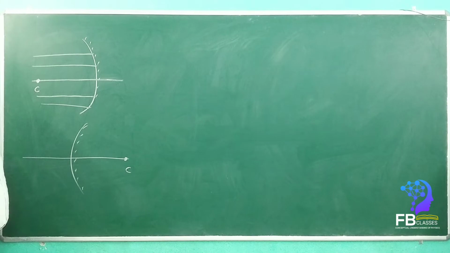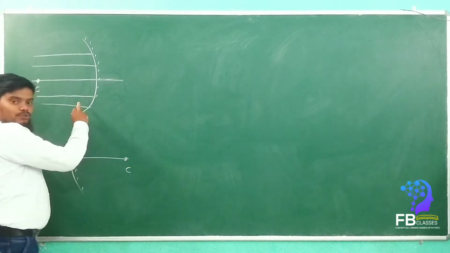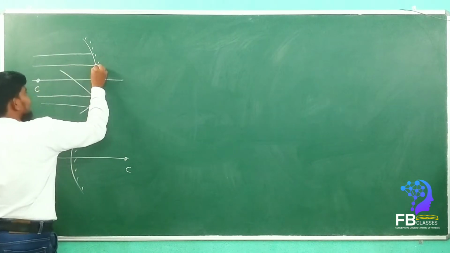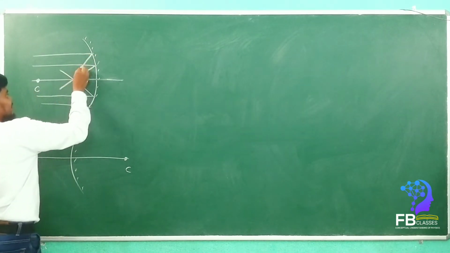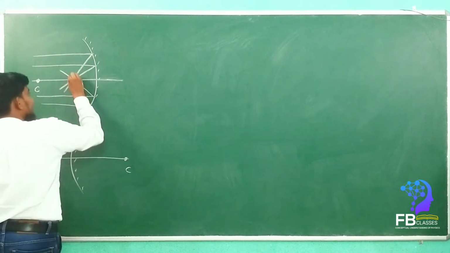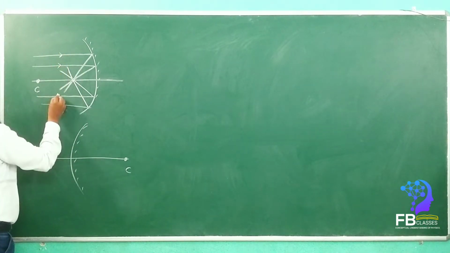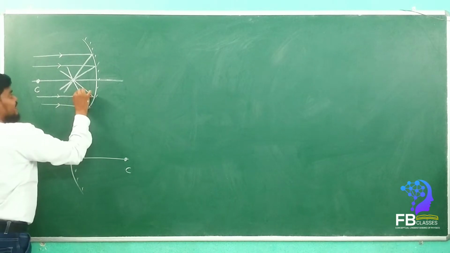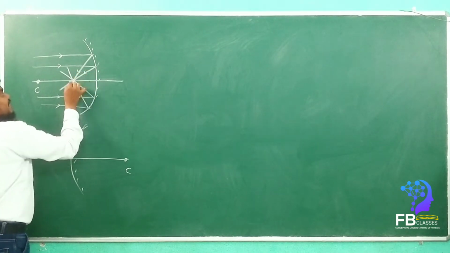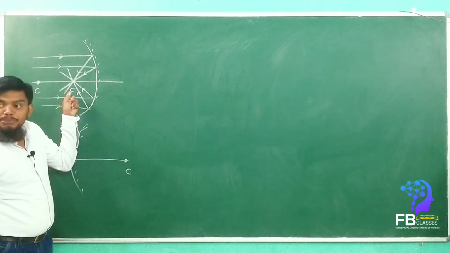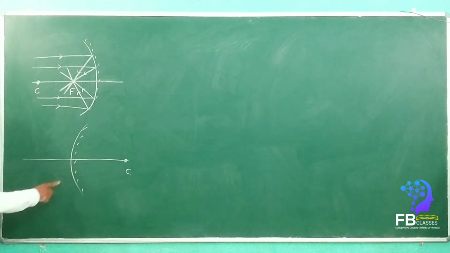If these rays strike the mirror straight, they will be reflected back like this. So where will the paraxial rays actually meet? These are all the incident rays, right? And this is a reflected ray. All these reflected rays meet at a point. This point we can call the principal focus. This is an actual meeting. See here in the convex mirror.